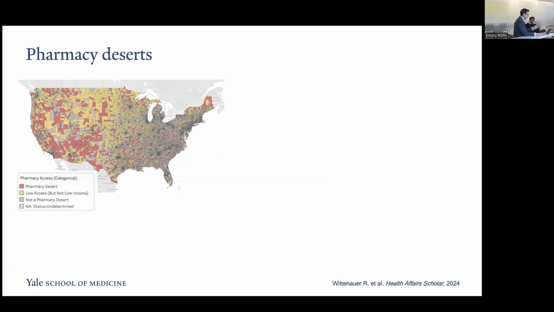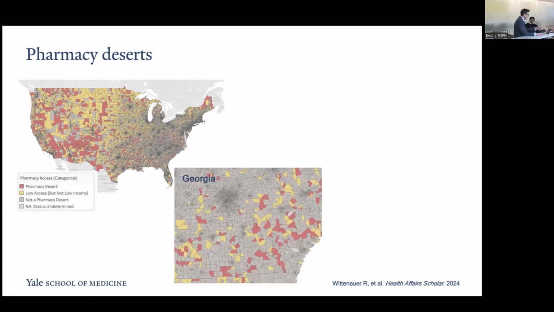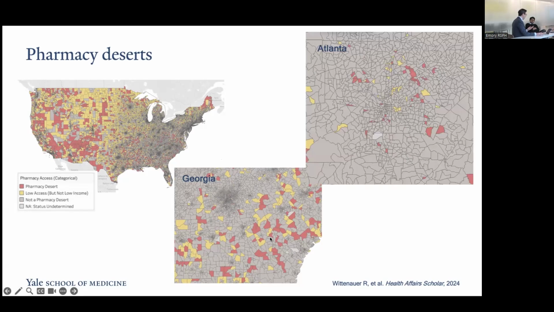And when you look at the Southeast, looks pretty good. But when you zoom in on Georgia, and this is the case if you look at any state really, this is metropolitan Atlanta. It looks to me like there are many pockets of pharmacy deserts throughout the state. But if you zoom in on Atlanta, still right within where we are, there are pockets where accessibility to medicines is low. So I think it's just important to recognize, right? This is an issue here as well for many of the patients that we take care of.